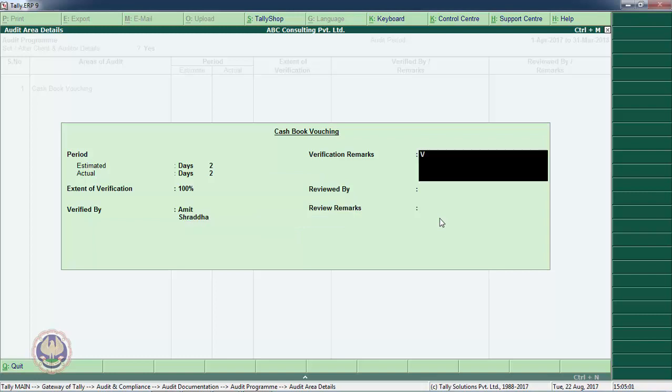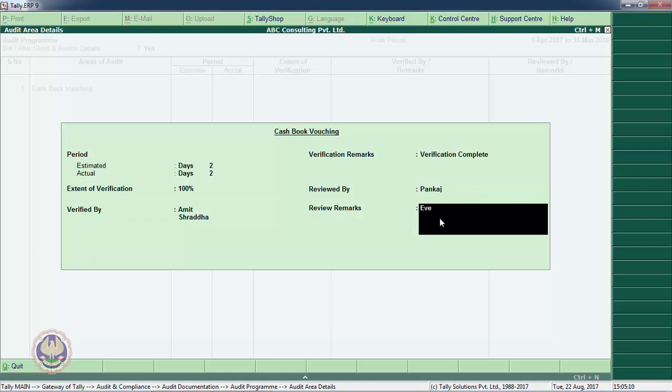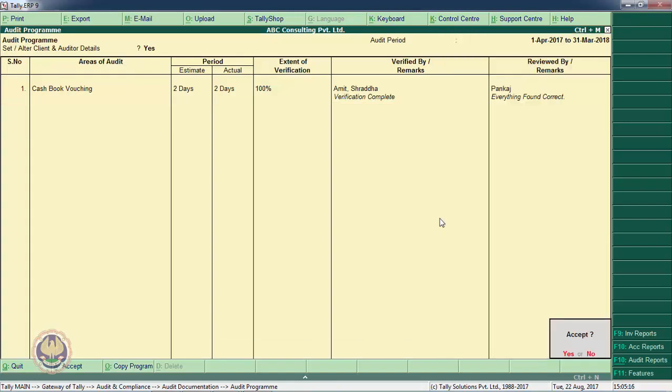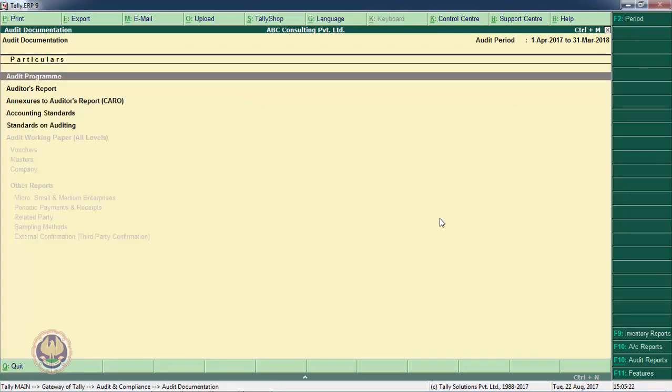Verification remarks. Reviewed by and reviewers remarks. So such type of audit program can be prepared and monitored using Tally. I am sharing this information.